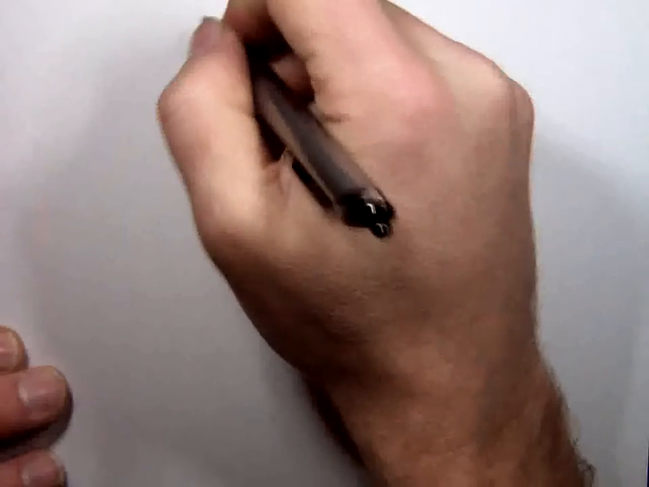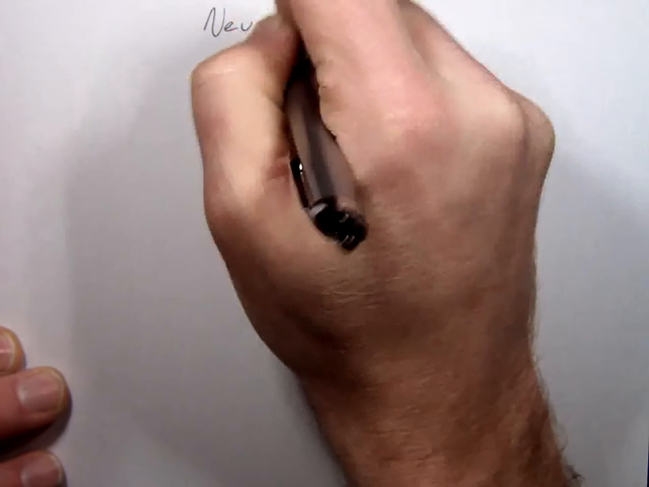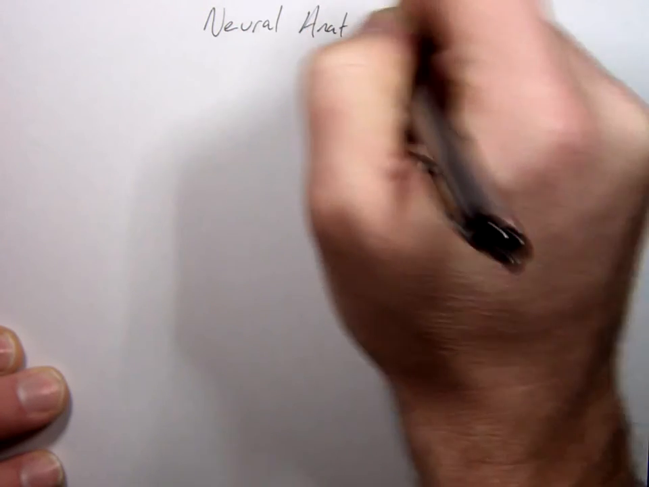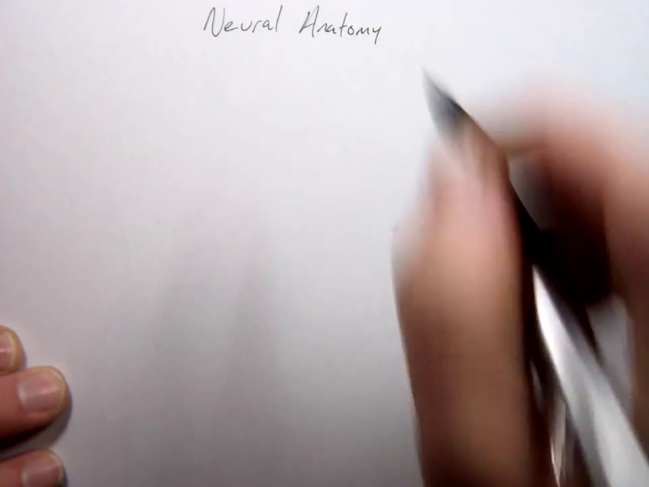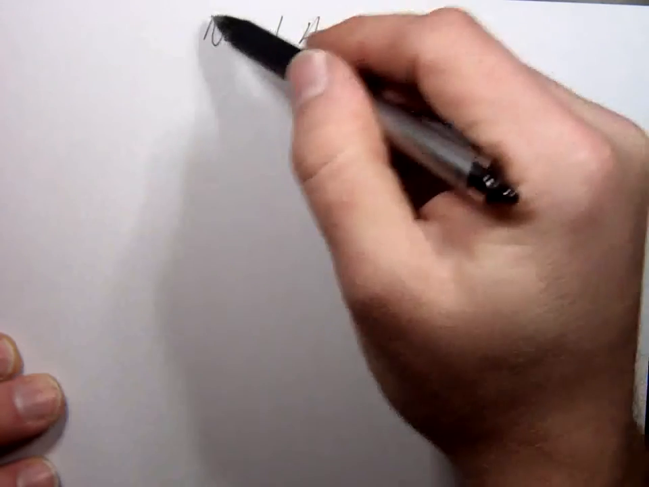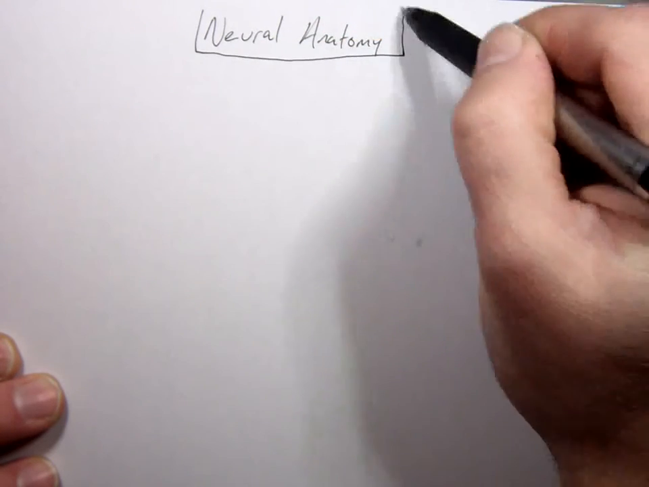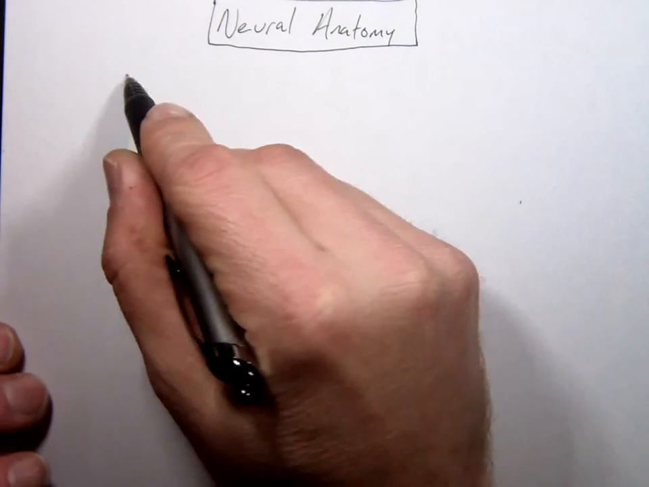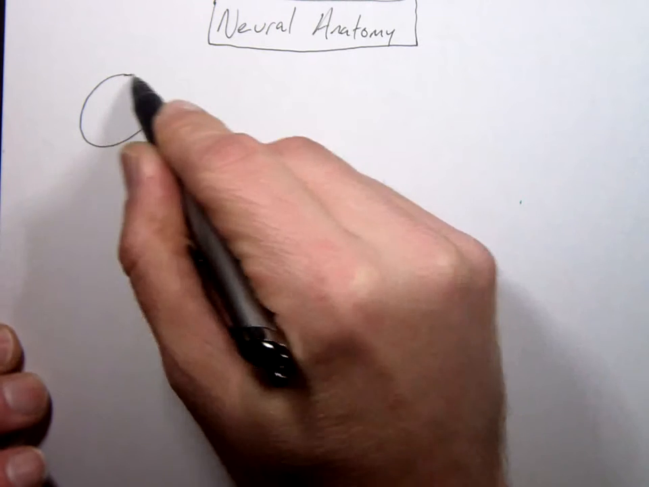Okay, the title of today's lecture is Neural Anatomy. We are looking at the microscopic or fine anatomy of a neuron or nerve cell. Now remember, a neuron is a biological wire. They are living wires. We're going to start here at the top. We're going to draw one of these and kind of bring it to a point right there,